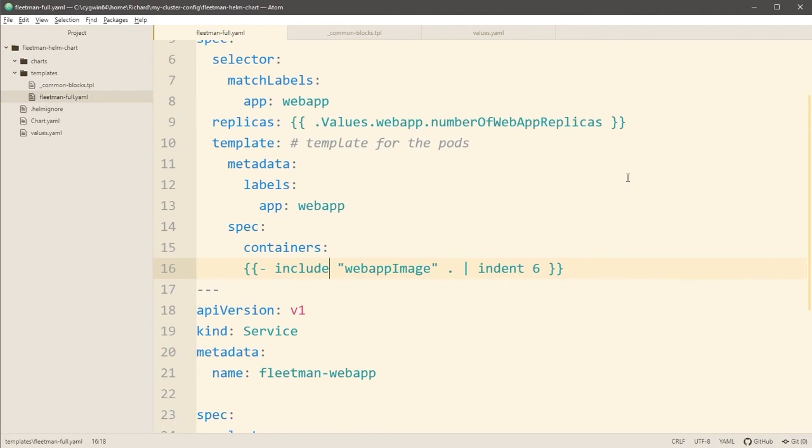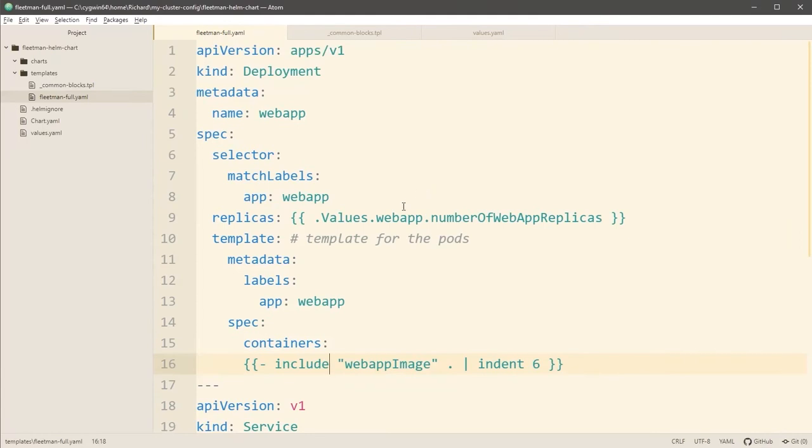As I pointed out at the start of this series of videos, yes, if you're writing a chart that's going to be published, maybe you're working for an open source project, then yeah, you need to make really everything in this file be configurable, and the templates can get pretty ugly.